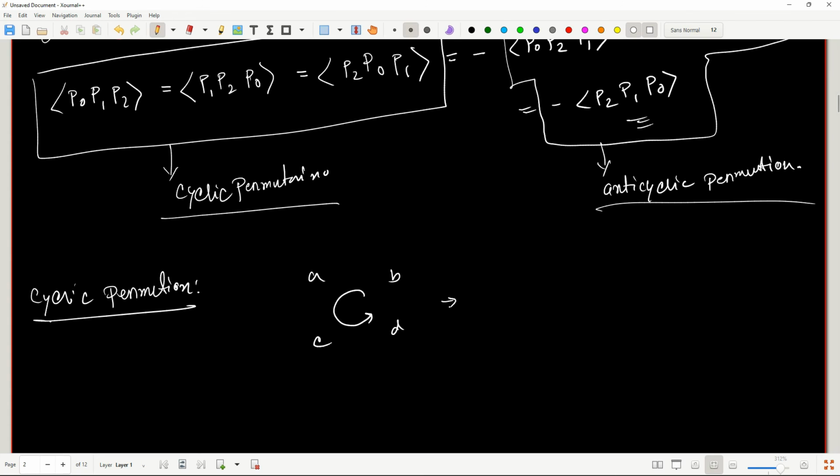So this would give us, okay, let's take 3 points because 4 points would be a bit complicated. So this combination of A, C, D would be equal to C, D, A would be equal to D, A, C. So this is a cyclic permutation. And anticyclic is just the opposite of it. Anticyclic permutation